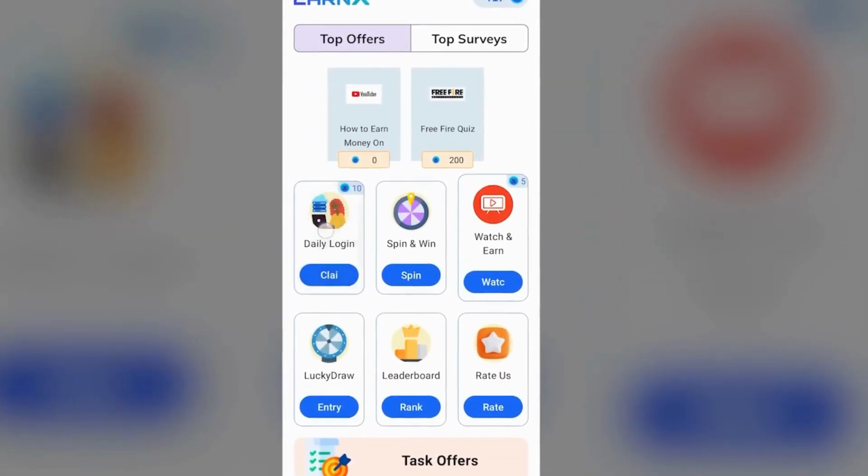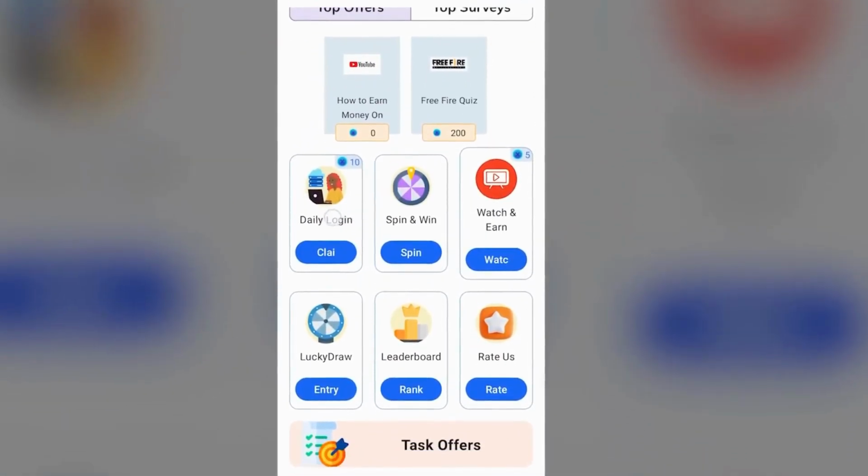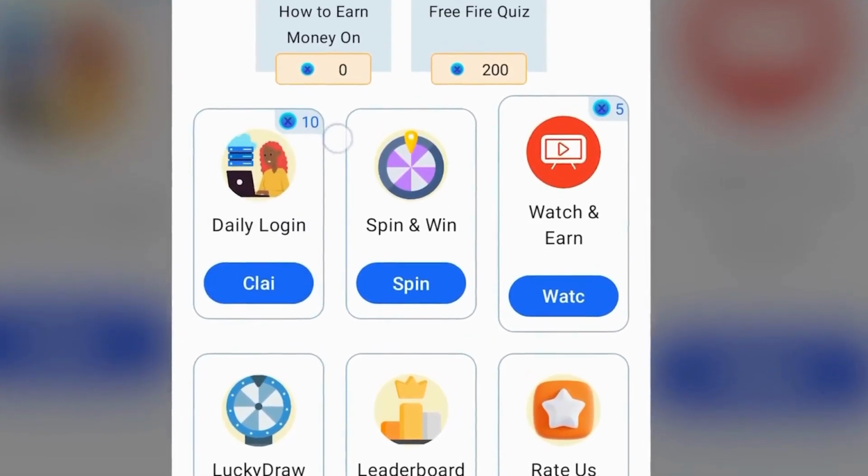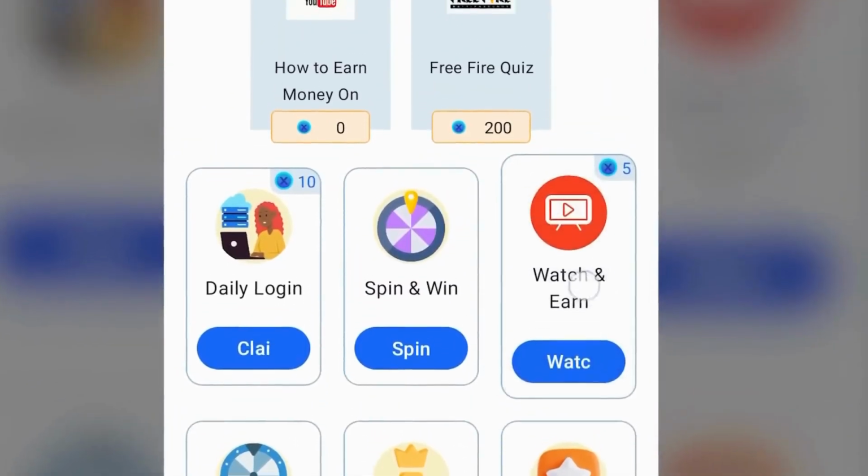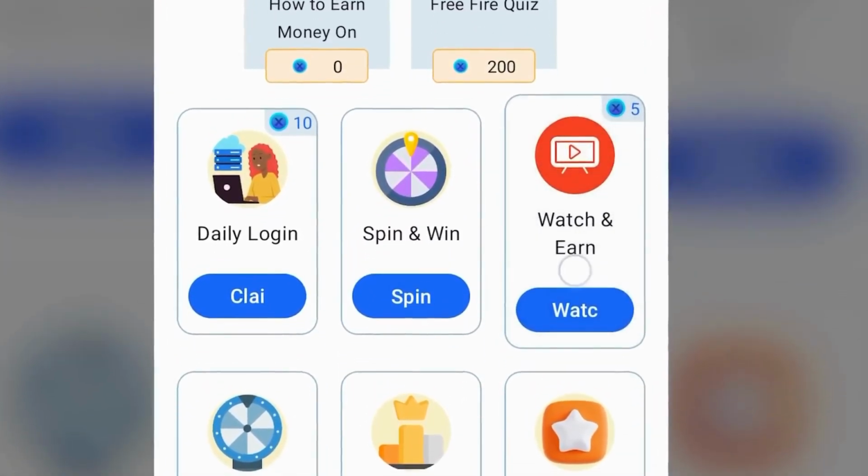Not only that, if you want, you can also earn money on EarnX by daily logging into their app, because they will pay you 10 coins every day for just logging into EarnX. And if you want, you can earn some extra cash by watching ads in the Watch and Earn section right